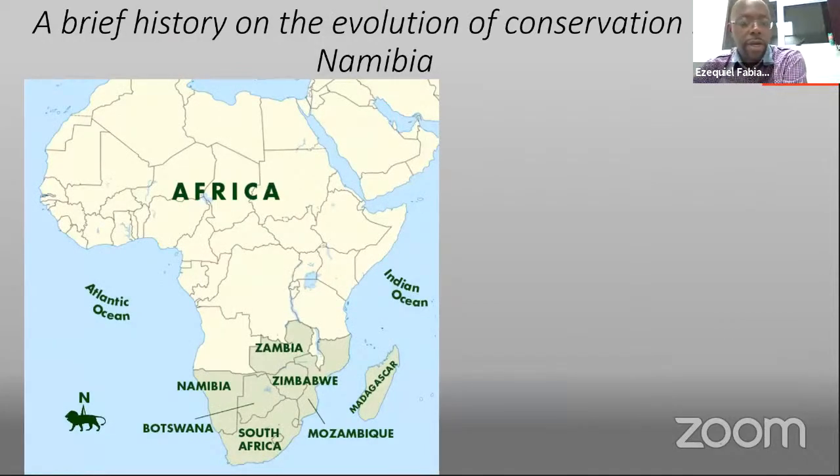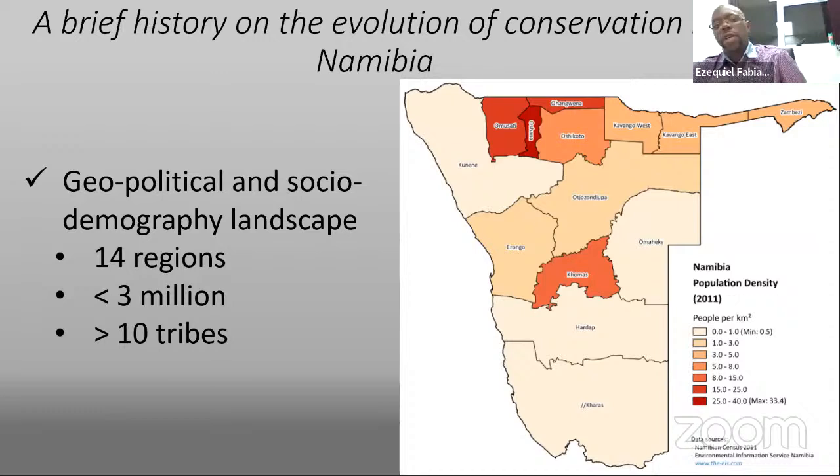So Namibia is situated in Southern Africa, bordering Angola to the north, South Africa to the south, and Botswana, Zimbabwe, and Zambia to the east. In terms of area, we are just about 900 square kilometers. From a geopolitical and social demographic landscape, the country is divided into 14 different regions, with just about 3 million people, with more than 10 tribes. As you can see in the map,